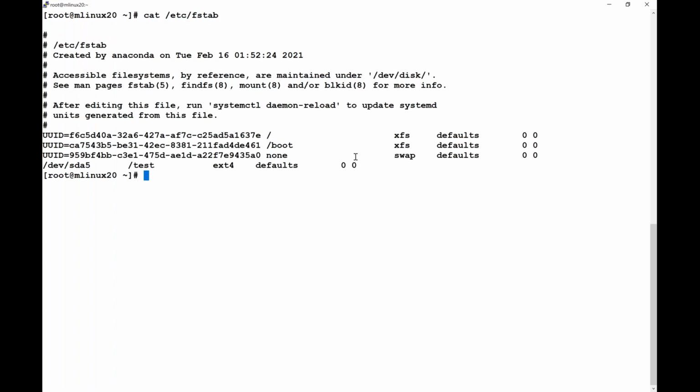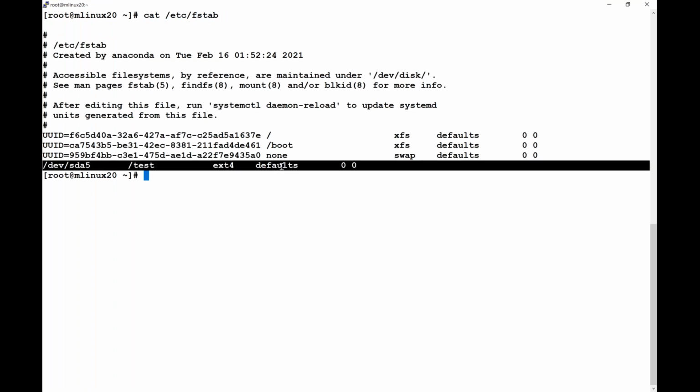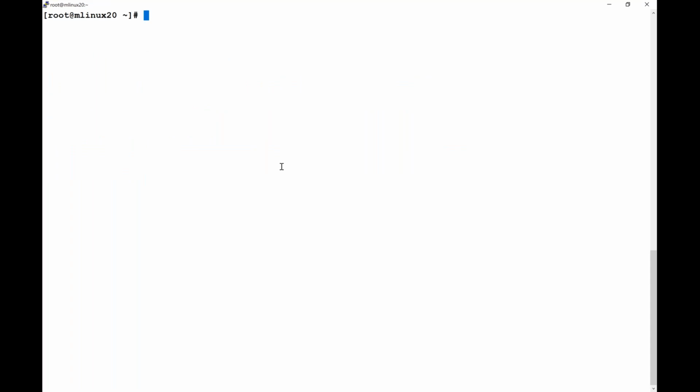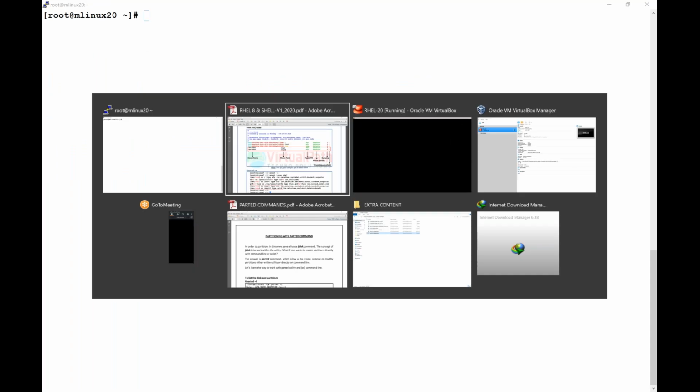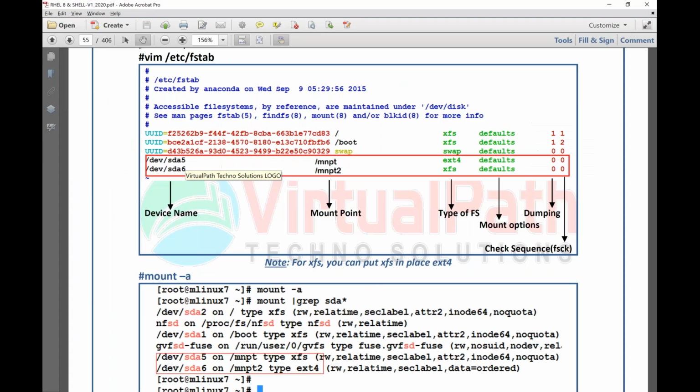Now, how can I check whether the entry I have given is working properly or not? One way of doing this test is reboot your machine and test it. But guys, it is not possible, especially on production environment, to reboot your machine for every small thing. Then how can we test it? To test whether it is working or not, you can use a command